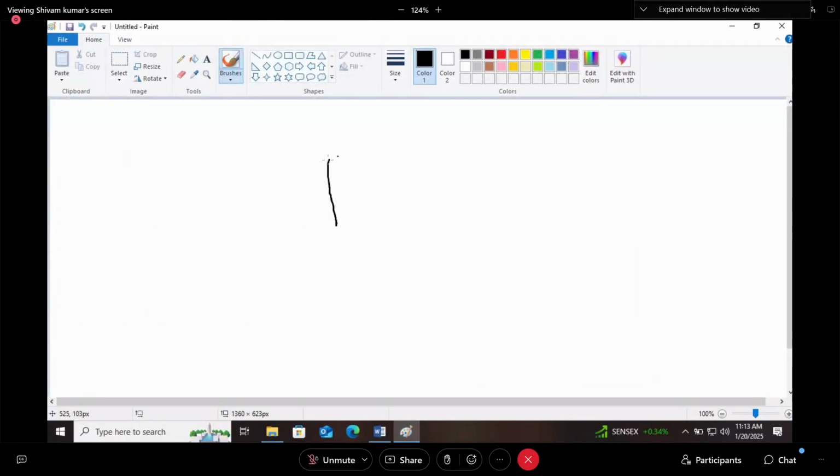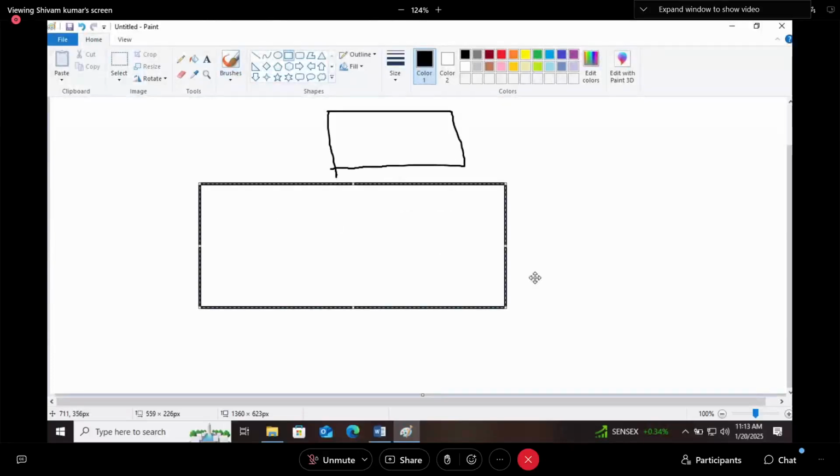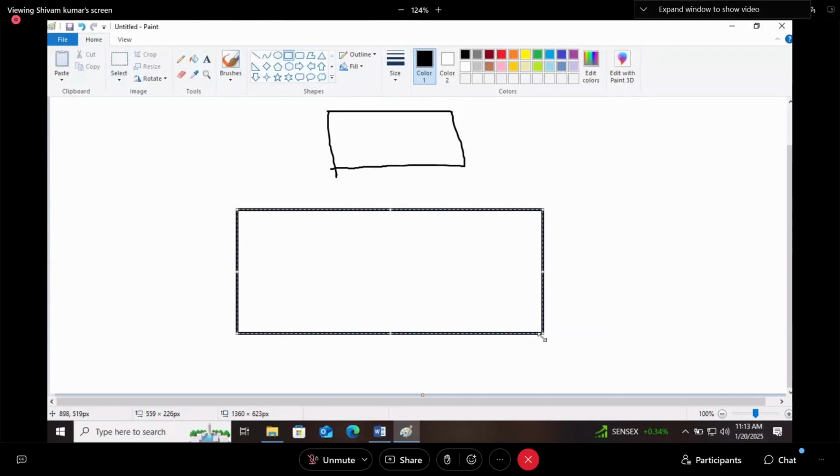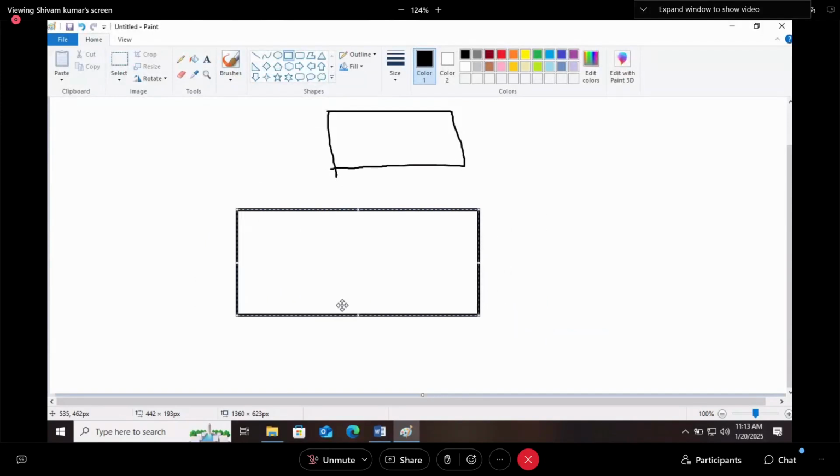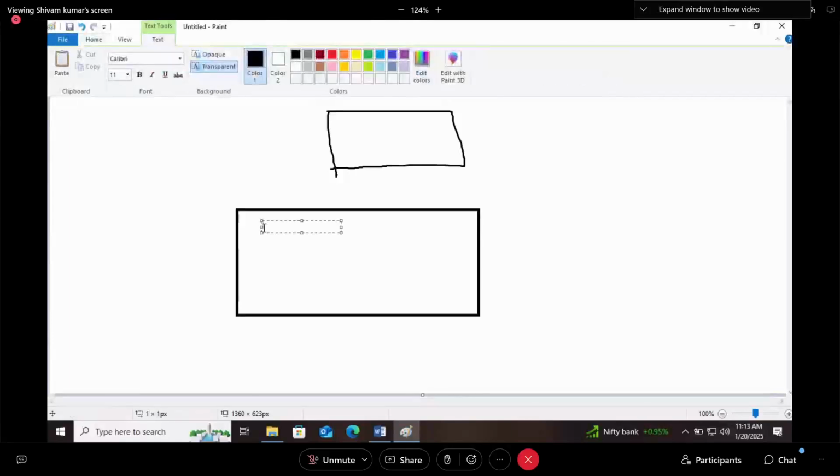Let's say this is your DOM right now. DOM means some content that you are displaying in the browser. In this particular DOM, let's say you are displaying a text, and it can be anything, like an image, audio, video, a complete web page.